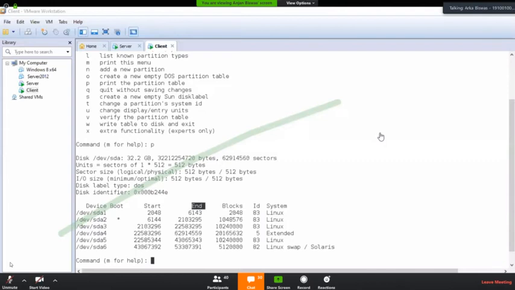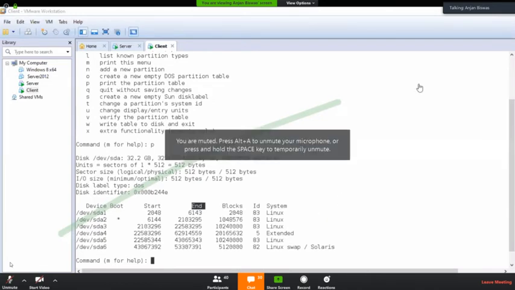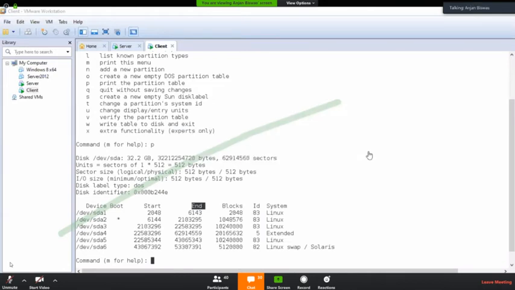Primary partition, extended partition, and logical partition. Repeat: primary partition, extended partition, and logical partition. In one hard disk, maximum 3 primary partitions can be created. Sorry, maximum 4 primary partitions can be created.